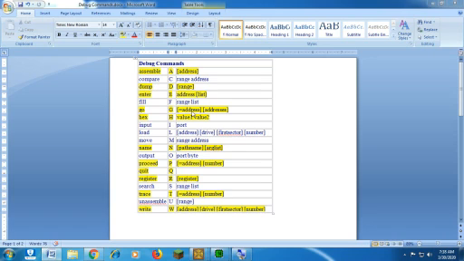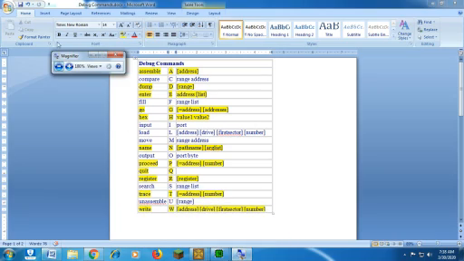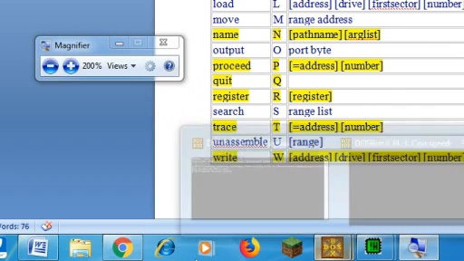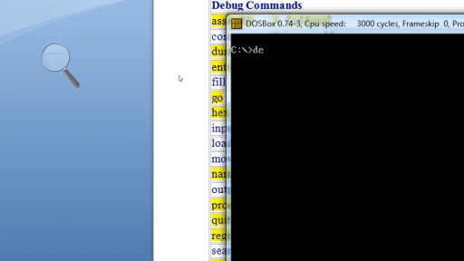So again, your range address would contain the starting address and end address, and now we'll be proceeding to the execution of the code. So let me just enlarge this. Okay, so we have your DOS box. To start with, to execute the F command, we have to activate the debug. So F, this is our